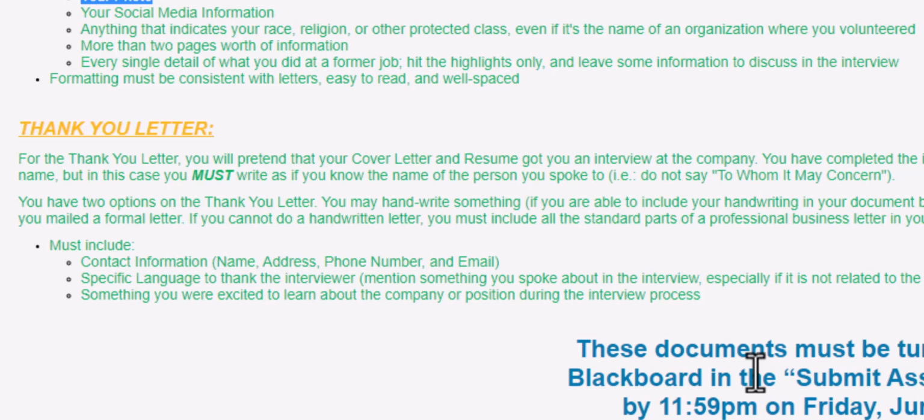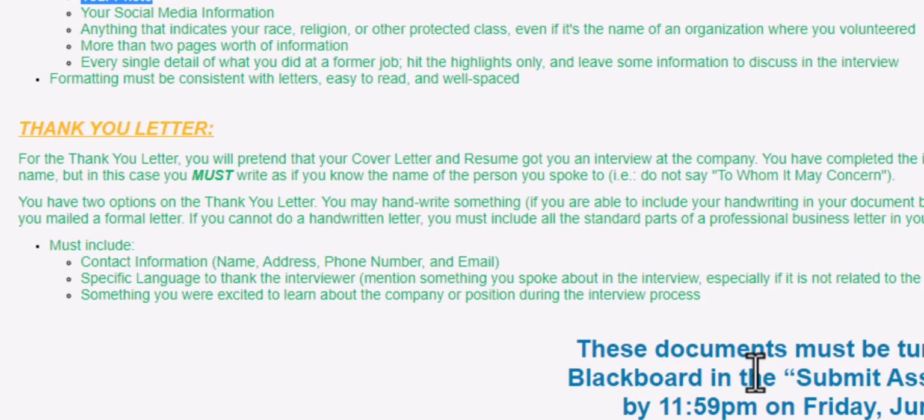The only exception to that is if you are handwriting a thank you letter and you imagine that the person in the interview invited you to call them by their first name, then you may write, "Dear Sally, Dear Bob, Dear Joe." Otherwise, it is always Mr. or Miss and their last name, not including the first name. If you were writing a letter to me, you would not say, "Miss Amy Sasser." You would say, "Miss Sasser." Please be sure that you get that correct because many people have included first names in letters and that is